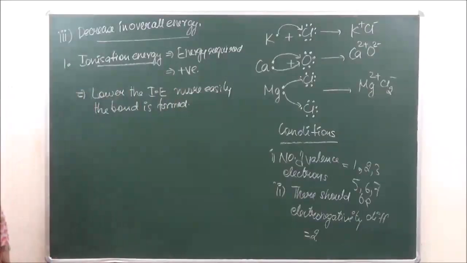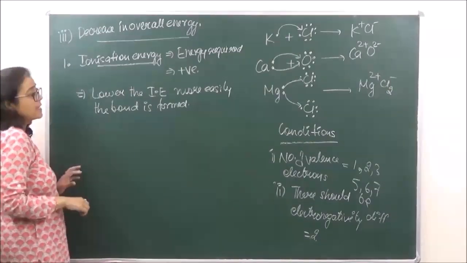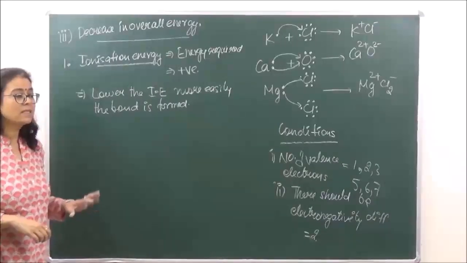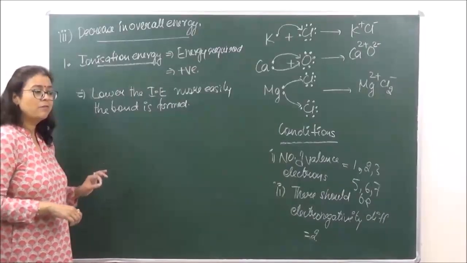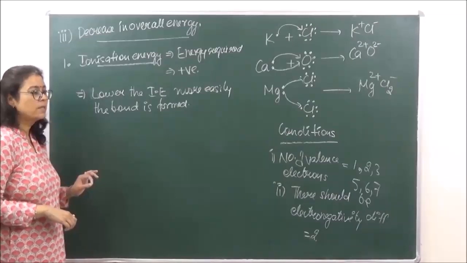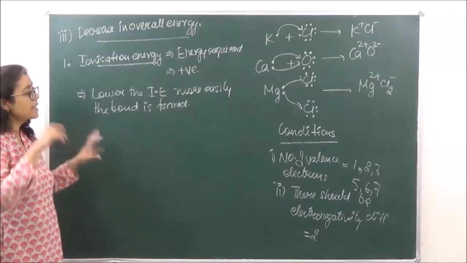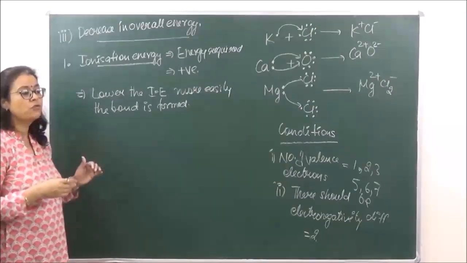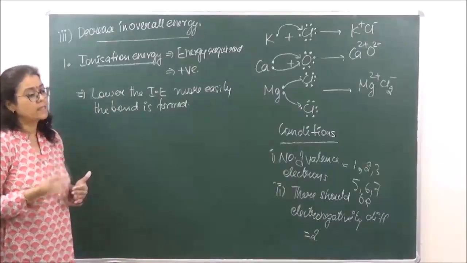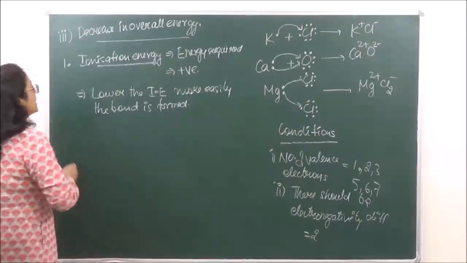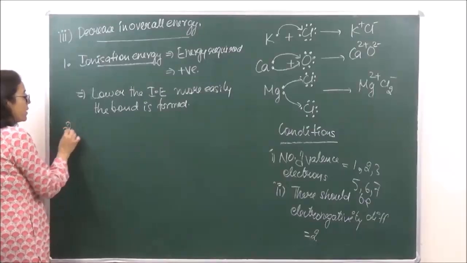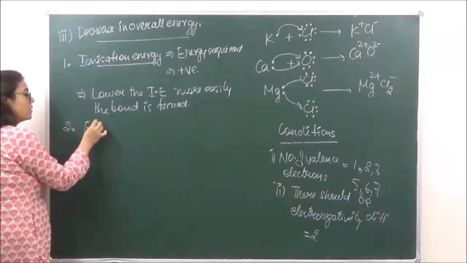Right? Lower the ionization energy, more easily the bond is formed. Okay? So we say that the alkali metals have the lowest value of ionization energy in the periodic table. Therefore, alkali metals have the tendency to form ionic bonds to the maximum. Clear? Then the second energy which we require over here is the